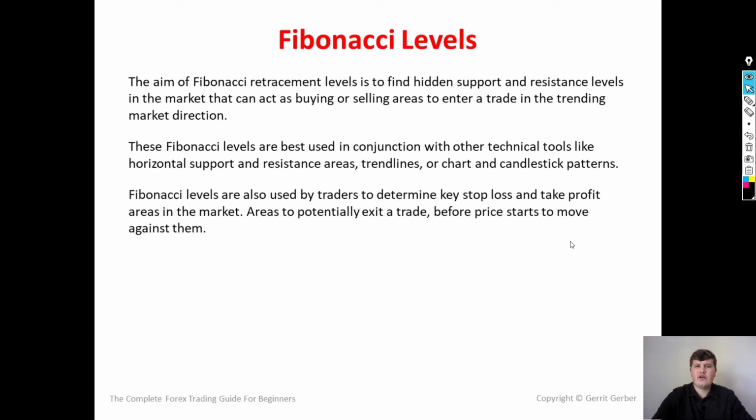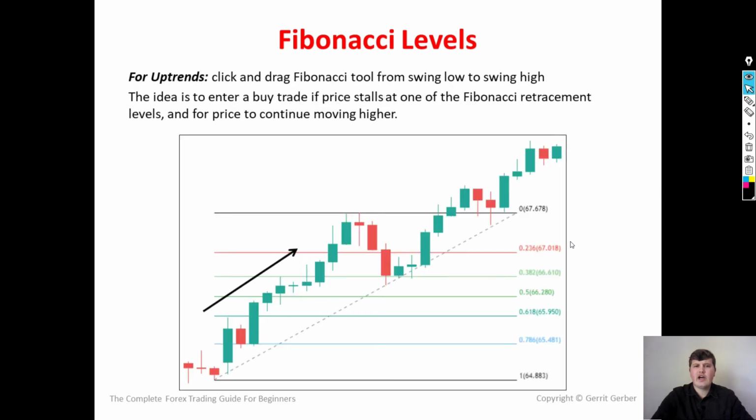And these areas are there to potentially exit the trade before price starts to move against them. Now, the three most important Fibonacci levels used by Forex traders are the 38.2% level, the 50%, and the 61.8% levels. Now, how you go about drawing Fibonacci levels is you can either draw them on uptrends or on downtrends in the market. And for uptrends, you click and drag the Fibonacci tool from the swing low to the swing